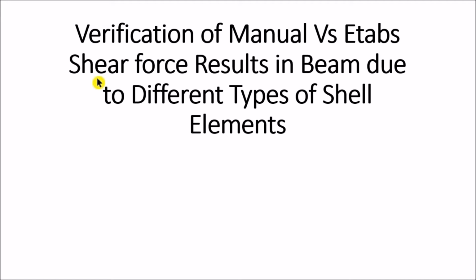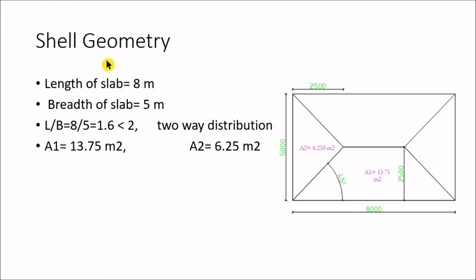In this tutorial, our intention is just to design the beam or column elements as per the conventional approach. That is, we do not consider the T beam approach or L beam approach of the slab. So how it can be obtained, I'll discuss in this tutorial, right? I have chosen a shell element.